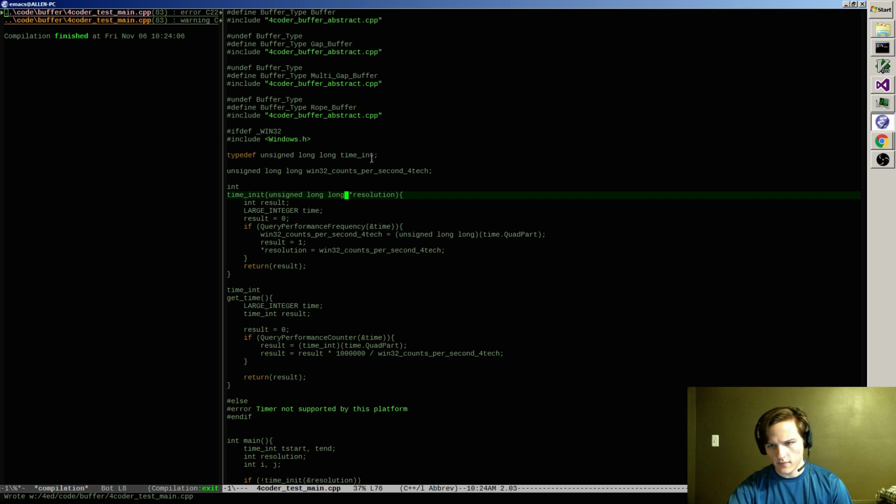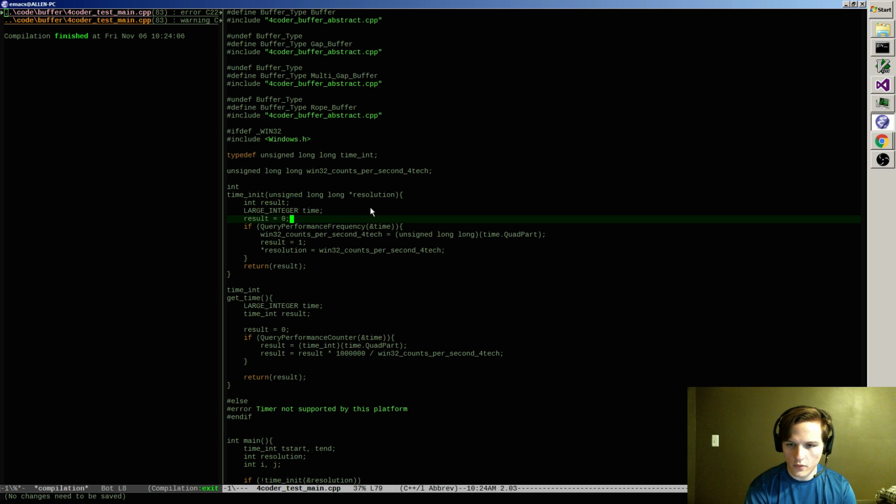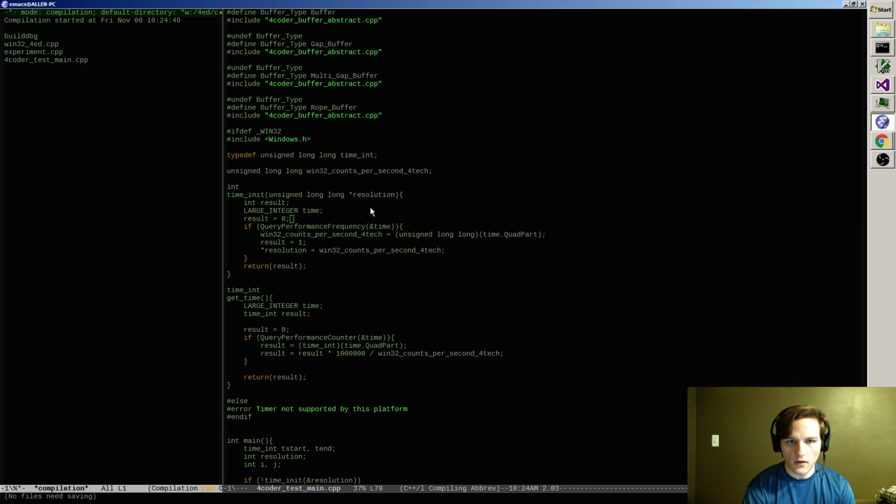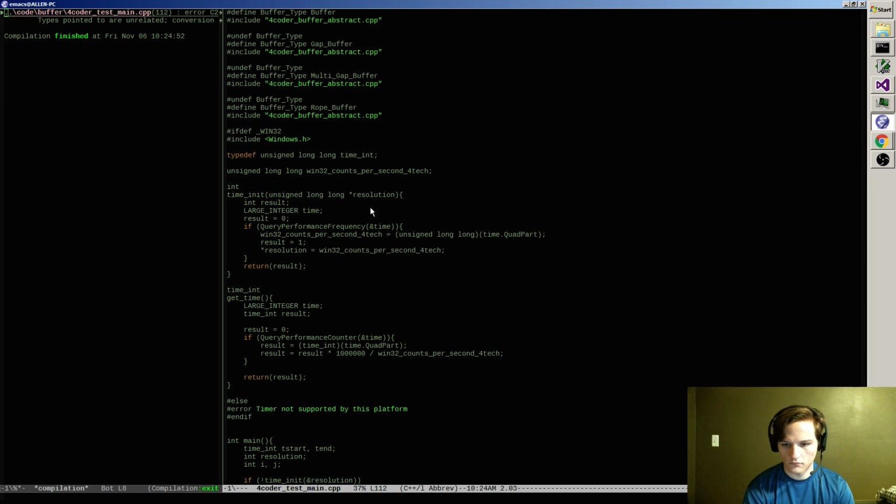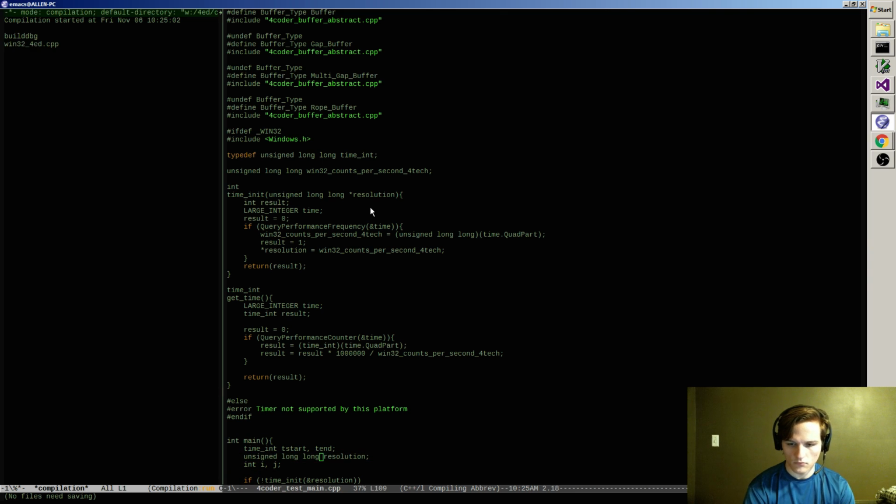I want this type to mean microseconds, so do I want to introduce some sort of resolution name for that type instead of typing unsigned long everywhere? I don't know. I never know what to do with this stuff. All right, there we go. Yeah, I don't like having that floating around. It's kind of annoying.